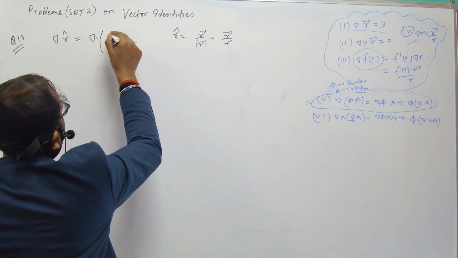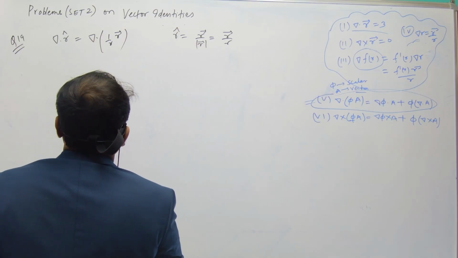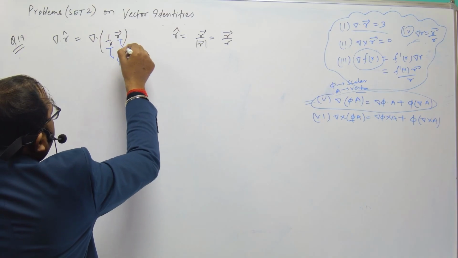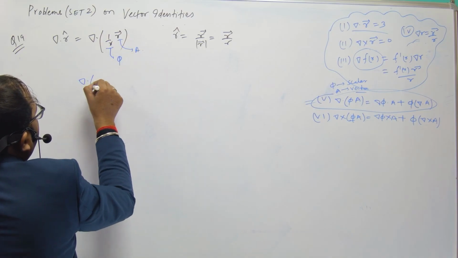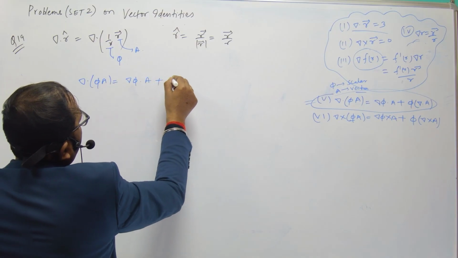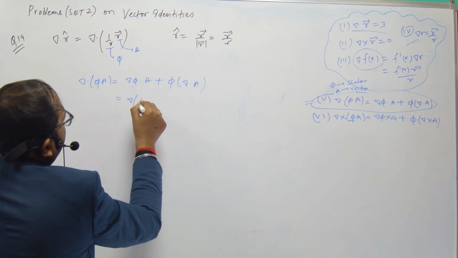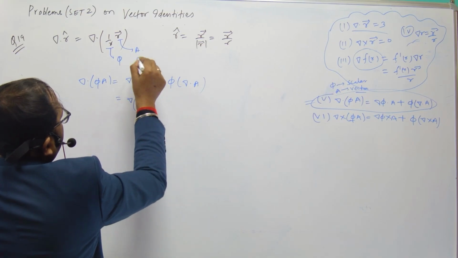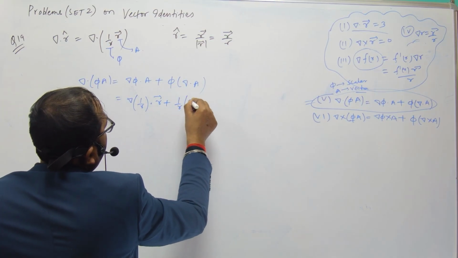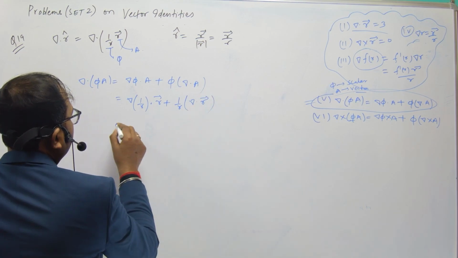Divergence of 1 upon r times r vector. Let us use the expression, taking this as phi and this as a. We have del dot phi a equal to del phi dot a plus phi times del dot a, equal to del of 1 upon r dot a, which is r vector, plus phi times del dot r vector, where phi is 1 upon r. Del dot r vector is 3, and